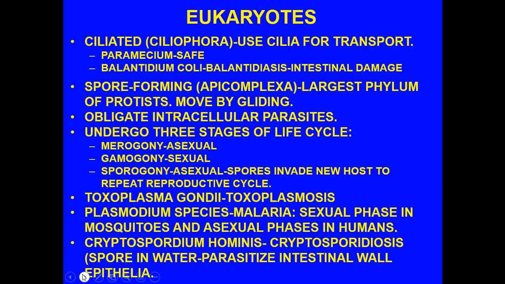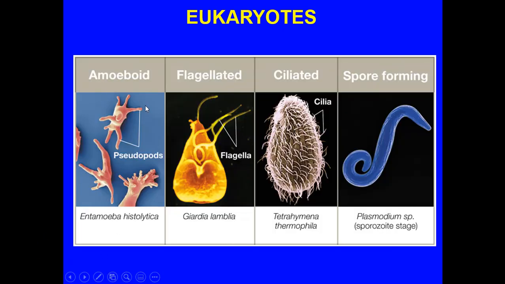Okay? Now, here is an example of the amoeboid. You see the pseudopods here. This is Entamoeba histolytica. You can see Giardia lamblia with its flagella. And by the way, these two large areas that look almost like eyes, they're not. They're actually adhesion pads that the Giardia will attach to the intestinal wall. And with sufficient numbers of them, individuals start having diarrhea, malnutrition, etc., because they're literally Giardia coating the walls of the small intestine and blocking nutrient absorption.